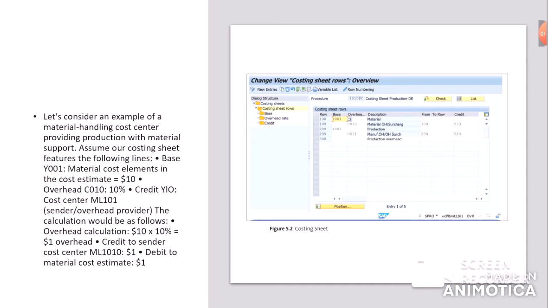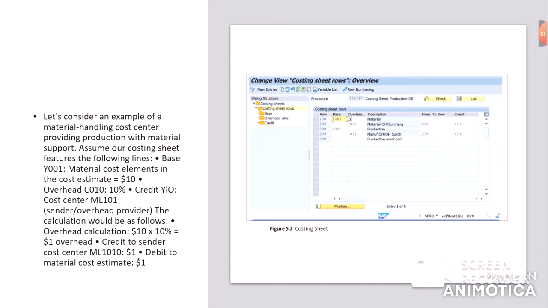Overhead CO10, that is 10%, and credit is Y10. The cost center is ML101, sender or overhead provider.